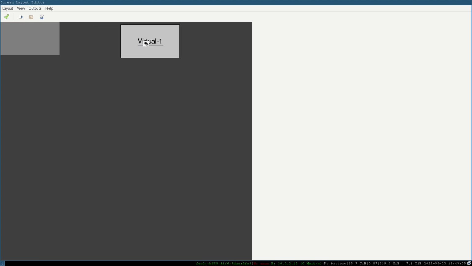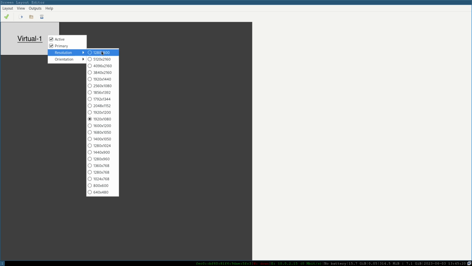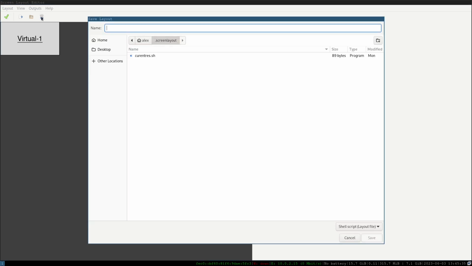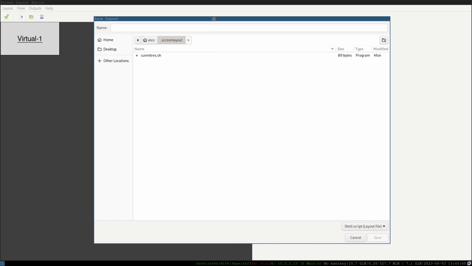And all you do is you just simply drag and drop them to wherever you want them to be in the position. And that's how you could set them up to be on the right side of one, or above, or down, or whatever. And then what you do is once you right click on it, here you can set your resolution to whatever, even orientation. But once you get them all laid out and set up the way you want it, and you're ready to have it write this script, all you do is left click here, and then it opens up this dialog box,